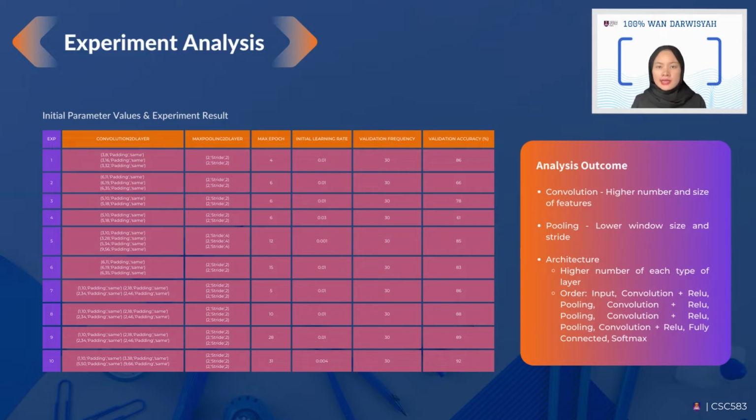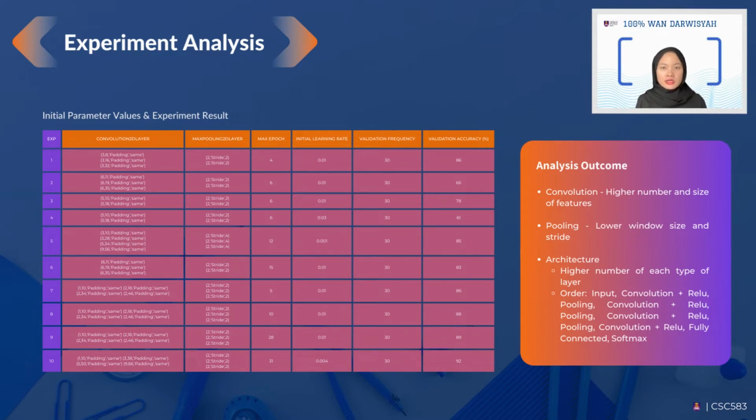In experiment 8, the parameter values and learning rate remain the same while the maximum epoch is increased to 10. This was done to avoid underfitting when training the dataset. In experiment 9, we only increased the maximum epoch to 28. In the last experiment,